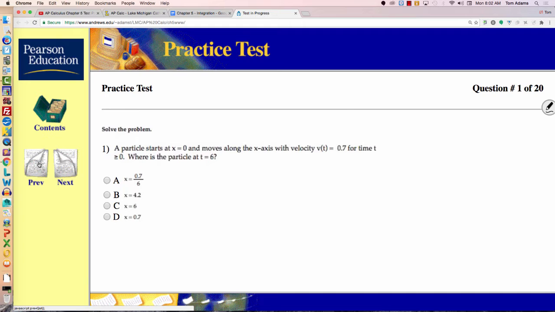But remember that if I say v of t is a function, now what am I saying? I'm saying the velocity with respect to time is a function that I use. In other words, this particle is traveling at 0.7 units per time. Now what that means is that because it's in motion, the antiderivative of this